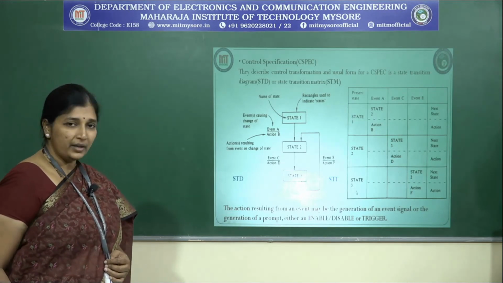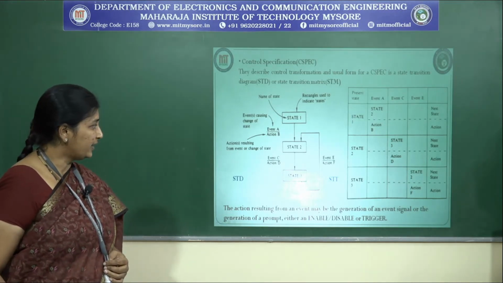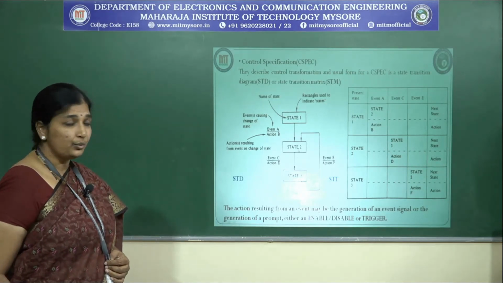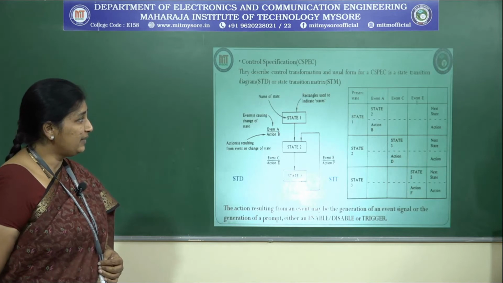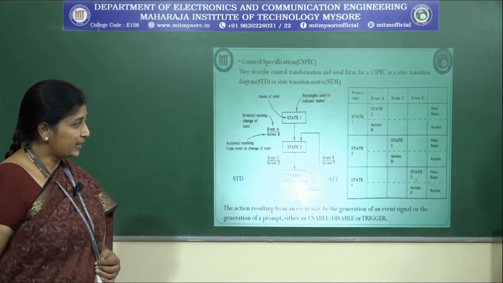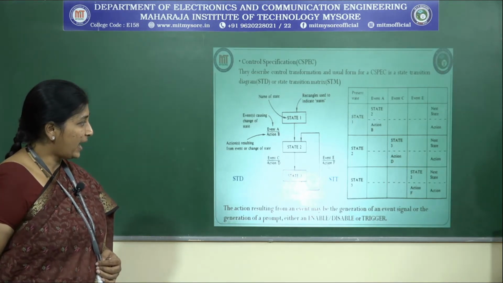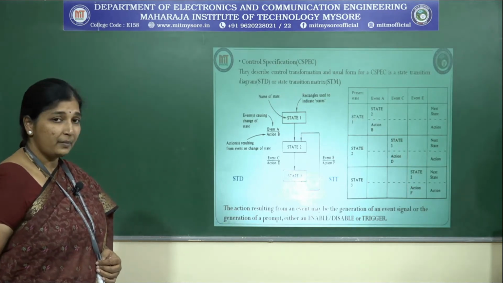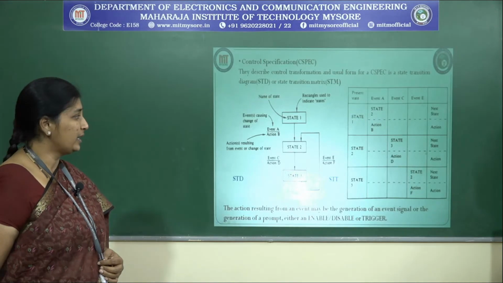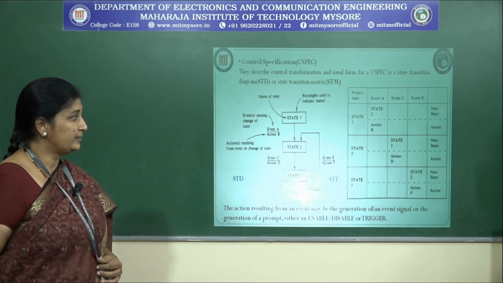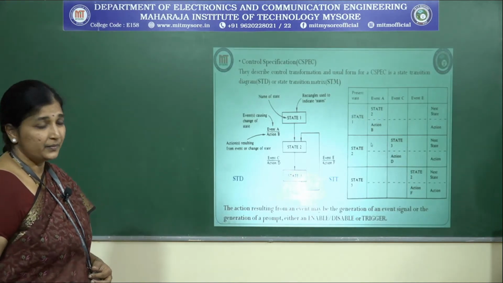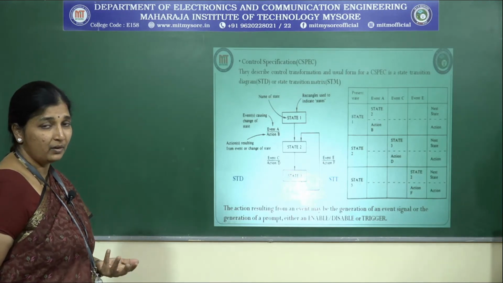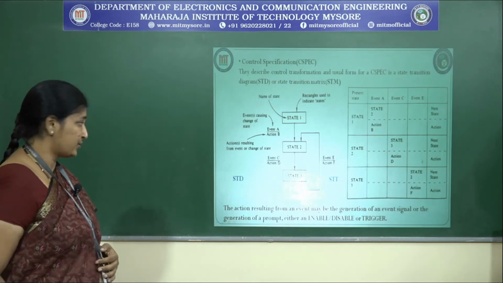Similarly, state 3 here, which is changing the state from state 3 to state 2. So there is an event E, correct? What is happening? Because of the action F, there is a change of state from 3 to 2, okay? So this is how you write your table. I can simply say a state transition table, or it can be a matrix too.